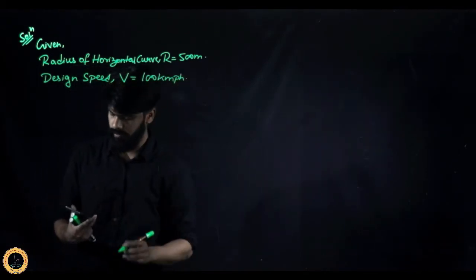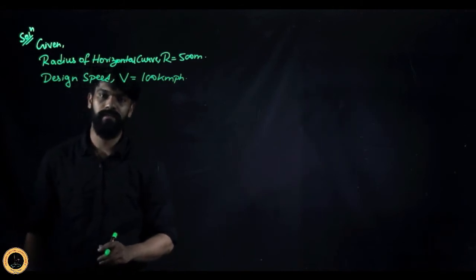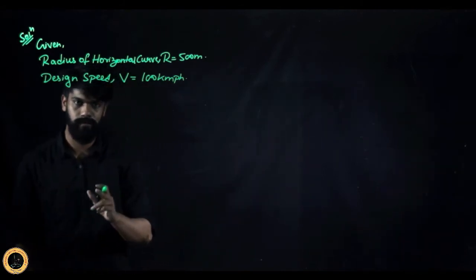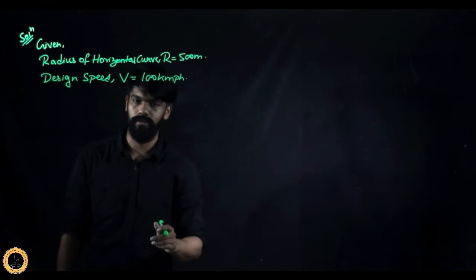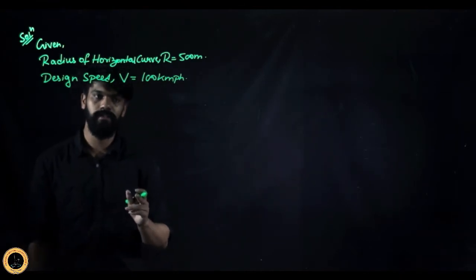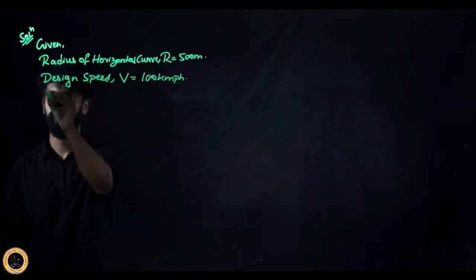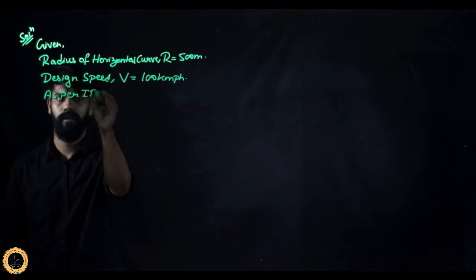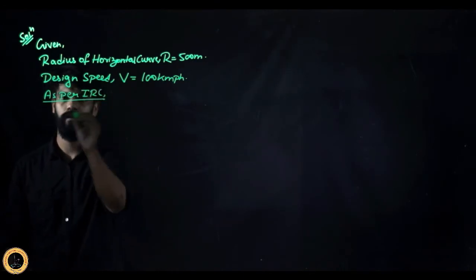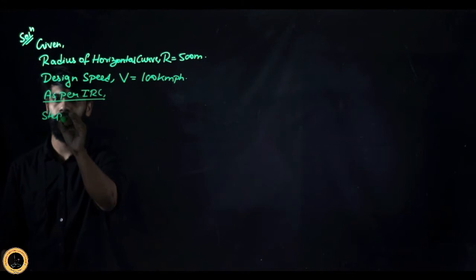So these are the two pieces of information that are given to you, and they have asked you to find the design rate of super elevation. Remember, it's a design rate of super elevation. So whenever the design rate of super elevation is asked, you have to go via the steps that have been laid out by IRC. So I can write here as per IRC, step 1,